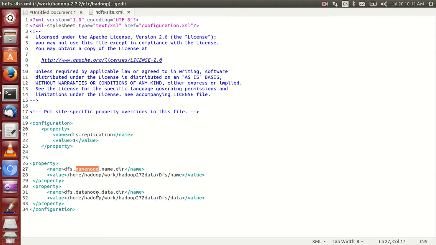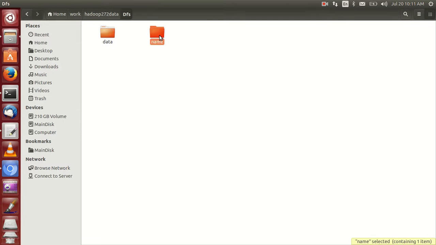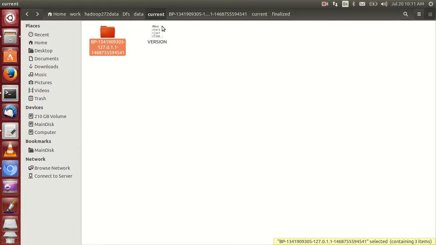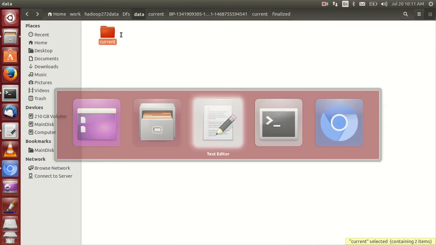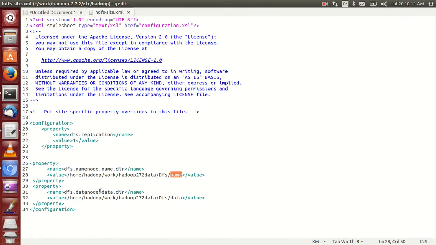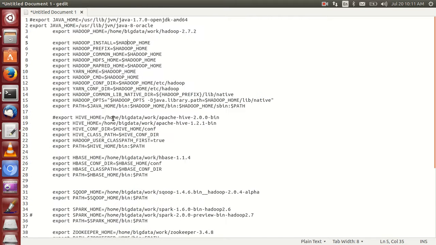It is the data node, that's why you are storing data here, and it is the name node, that's why you are getting name here. And you can get current. As of now there is no data, that's why I got it. Finally, this is the main task. After that, save it and close it. That's it.